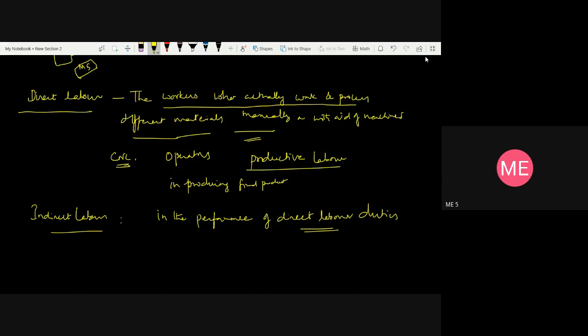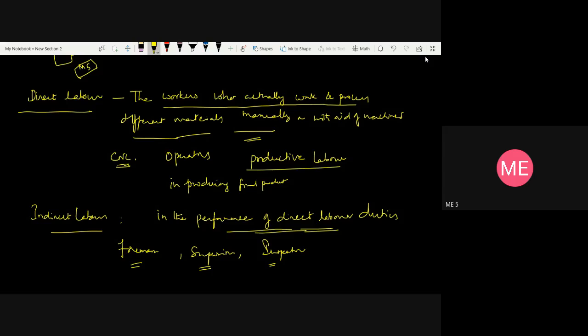indirect labor. Say for example, a foreman in a particular industry is going to help his subordinates in carrying out their work. Even a supervisor, as well as a quality inspector, all these are going to help the direct labor in performing his duties. So the other labor which helps in the performance of the direct labor duties is all called indirect labor. The wages given to this indirect labor is called